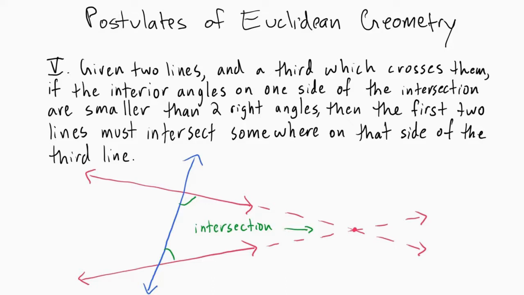And for those of you keeping score at home, it is here in the fifth postulate that we assume that lines are straight. As convincing as the diagram is, this postulate was controversial from the get-go. Many mathematicians thought that this was too complicated to be a postulate. Remember, you want to keep your postulates as simple as possible, and this one isn't that. Some people said we should be able to prove this from the first four postulates, and some mathematicians said, no, we do need a fifth postulate, but